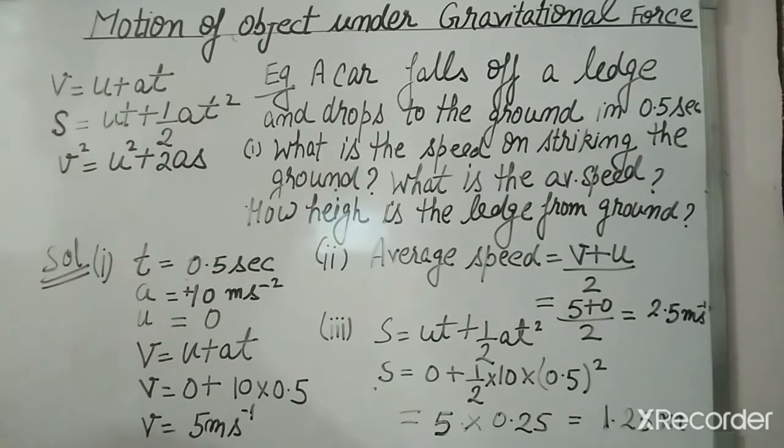Resistance acts opposite to the direction of the motion of the falling object, or we can say it is due to friction, right? Friction, you know very well, opposes the motion. So due to friction the paper comes down slowly as compared to the stone. If we do the experiment in a glass jar or any jar where there is no air, then we observe that the stone and the paper reach the bottom at the same time, right?